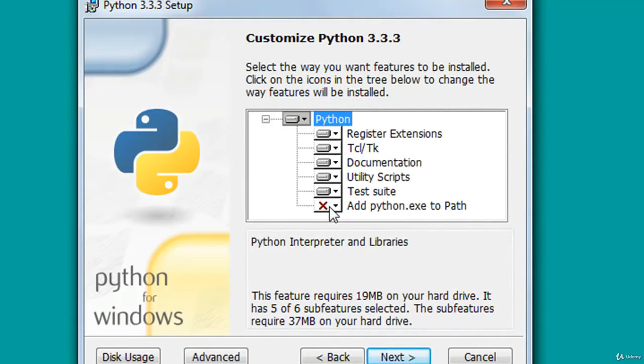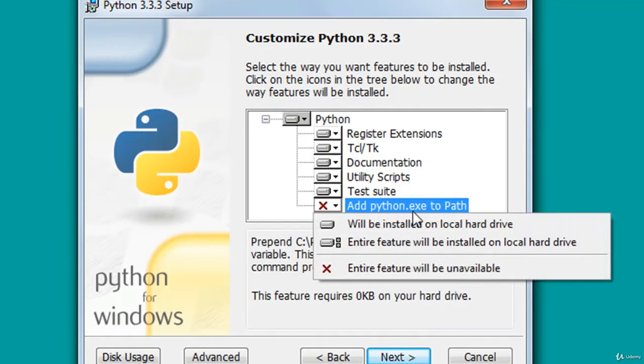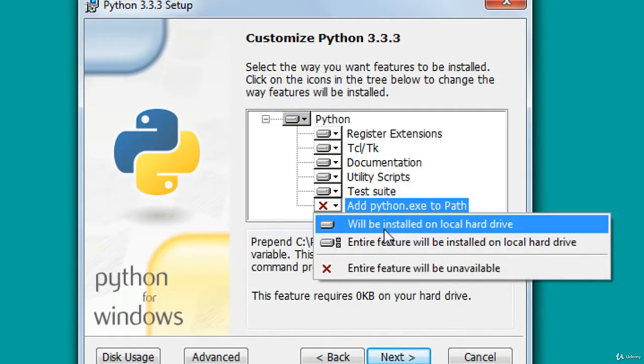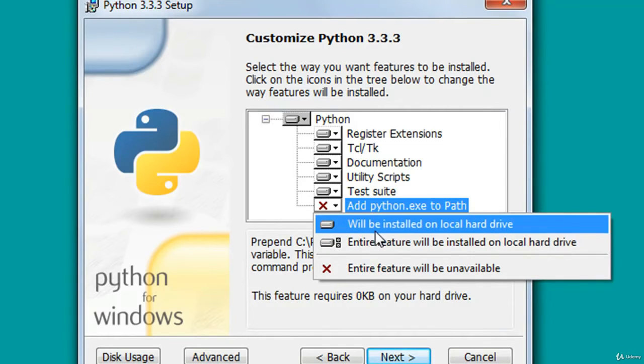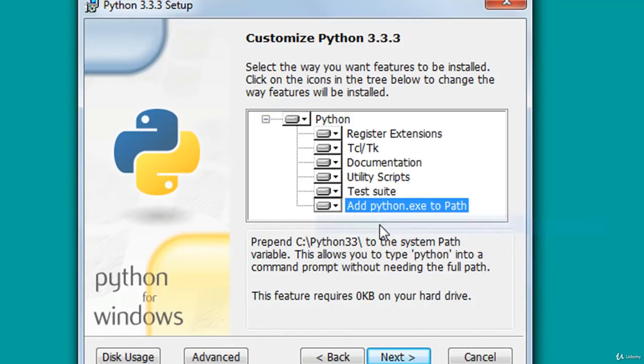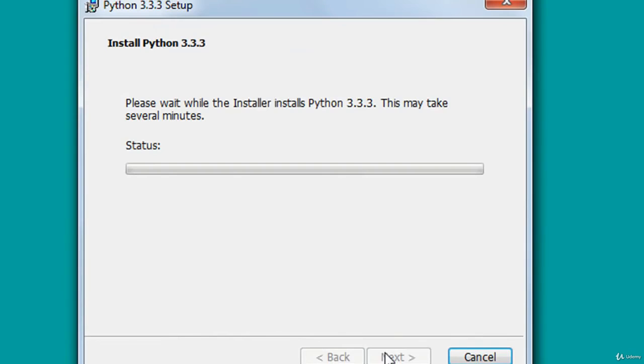And this is a place where I want you to make one change, and I would strongly recommend that you add the python.exe path to your environment variable path, right? The reason for this we'll see in the next tutorial, and you just do this, okay? Because if you don't do this, then you would have to explicitly copy the path of the Python interpreter and paste it in the path environment variable, and that's actually a lot of work, so you don't want to do that. So just click on this and then click on next,